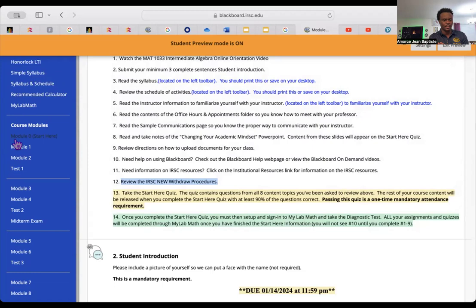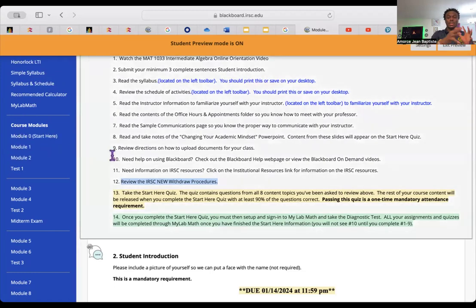Talking about the tests, how do you get to your test? First, to access your test, you need to be ready to take it, and to be ready you need to know the content of the test. After you do all of that, you've done your Start Here, then you're going to start working in this class, meaning you already have your MyMathLab ready.